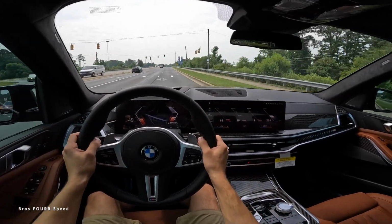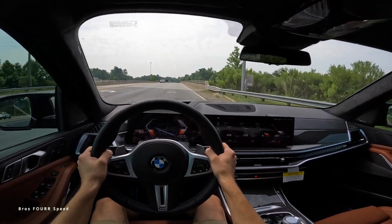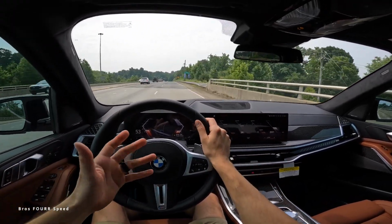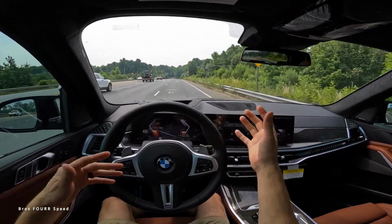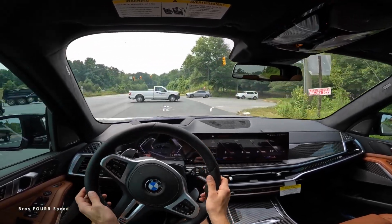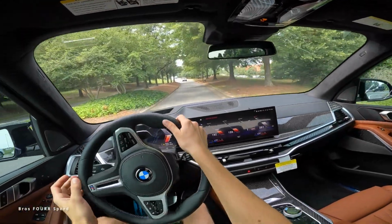Hopefully you can hear that a little bit. It's very, very faint. But the response, man, this thing's got some power. I love how, I mean, obviously if we could really rip on it, you know these things are pretty darn peppy. But it's a fun SUV. I like how it's sporty and comfortable to be in, but then you have the power to actually be in a performance-focused SUV. You know, you can still get the X5 M,